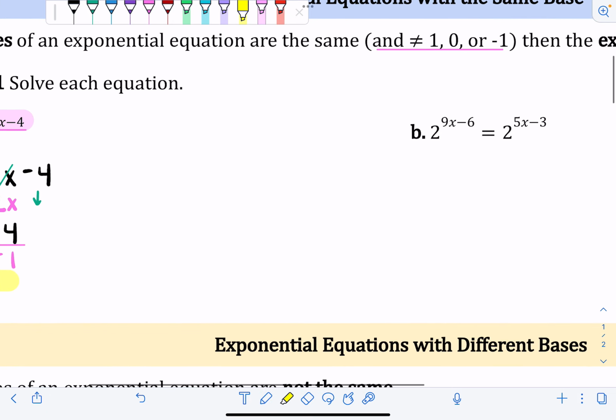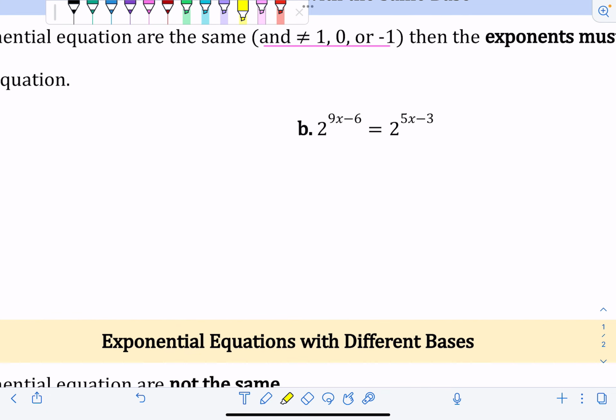Moving on to b, 2 raised to the 9x minus 6 equals 2 raised to the 5x minus 3. Again, we have the same exact base here. In order for the equation to be a true statement, if the bases are the same, the exponents will also have to be the same. So we can take each exponent, one is 9x minus 6 and the other 5x minus 3, and set them equal to each other and then solve for x. So 9x minus 6 equals the other exponent,